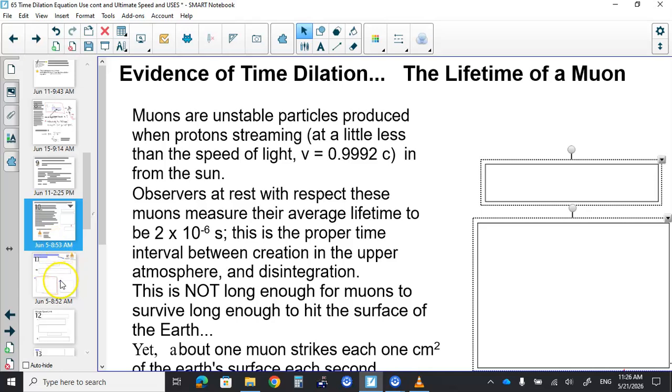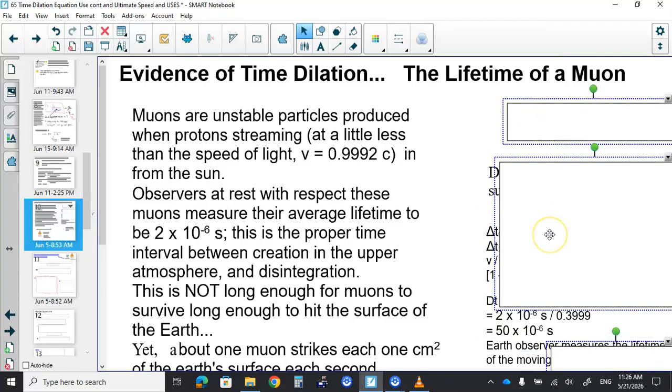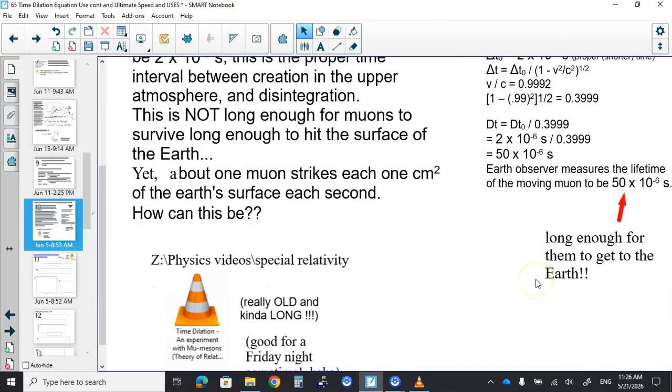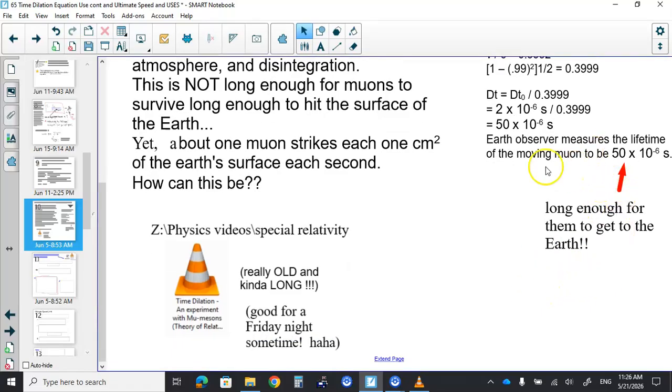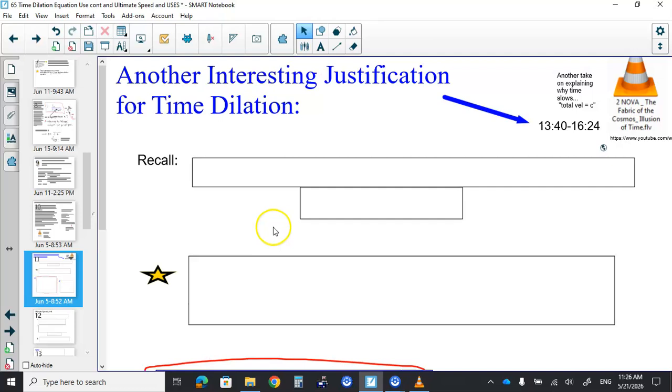But we've seen this example before, about the evidence of this, the life of a muon thing. So I just left it in as a reminder. The lifetime slows down to the point where it has time to get there, and the idea of the length changing from their point of view, we'll see soon as well. I don't even have a link for that one, so I'm not sure how you'd see it. But anyways, skipping that one.